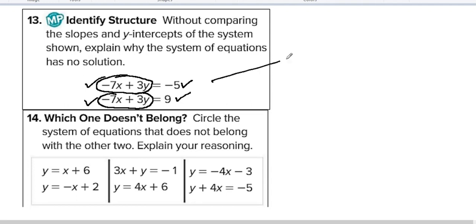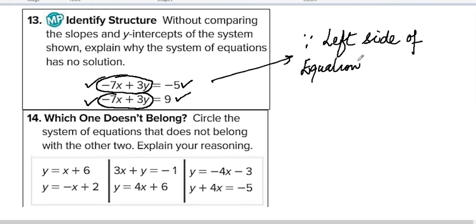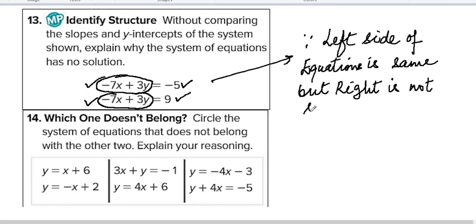So simply you can write here: because the left hand side of the equations is the same, but the right hand side is not the same, therefore we have no solution for this. This reason you can mention, because they are saying without finding the slope and